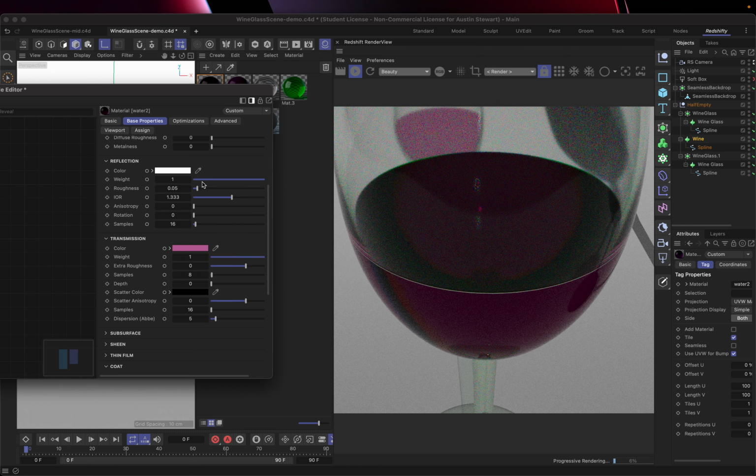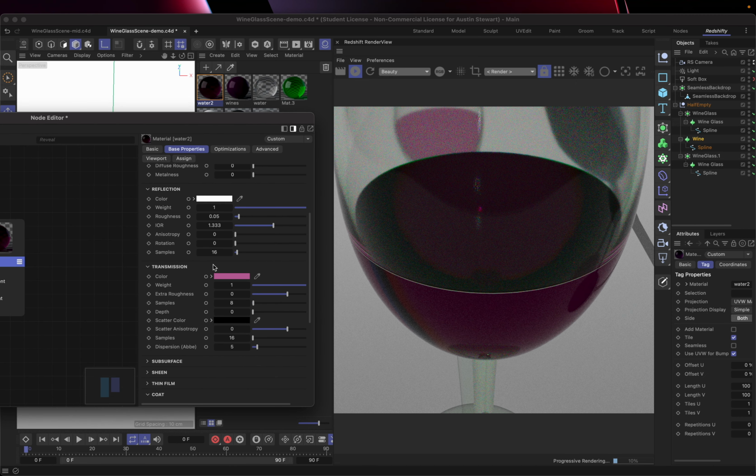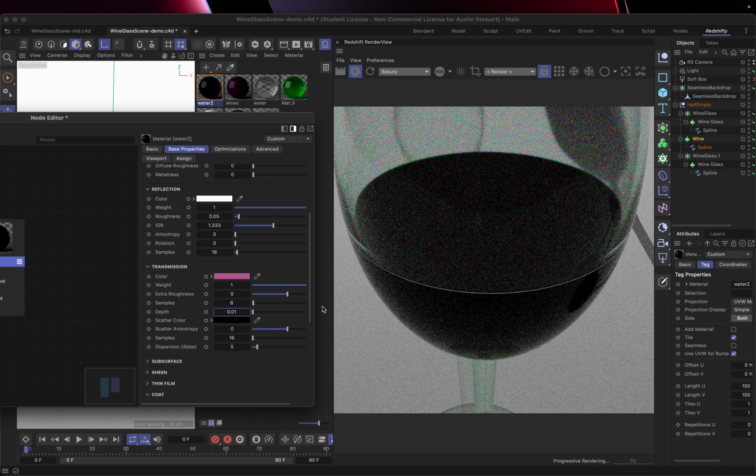So let's go ahead and adjust our depth some. Now, wine is definitely more particulate, right? Light doesn't make it through as well as it does for water or for anything else. So right now there's no depth. Let's go ahead, and if I just boost this up a tiny bit, this should get really, really dark, right? We don't want this to be quite that dark. We probably want it to be less than 1. If I go to 1,